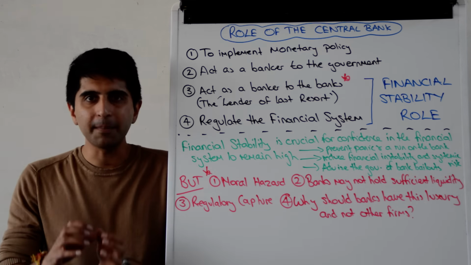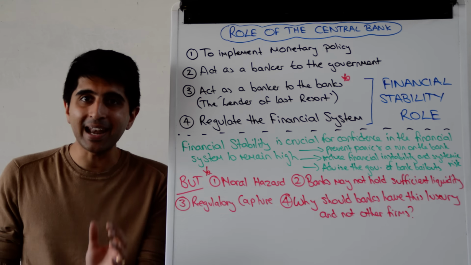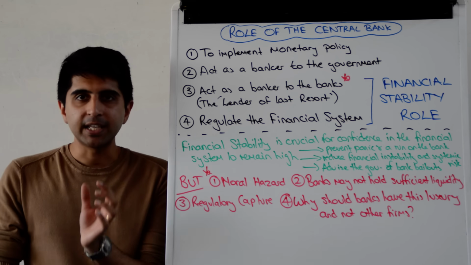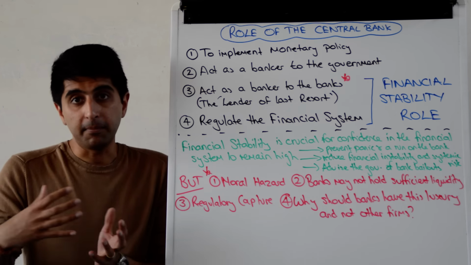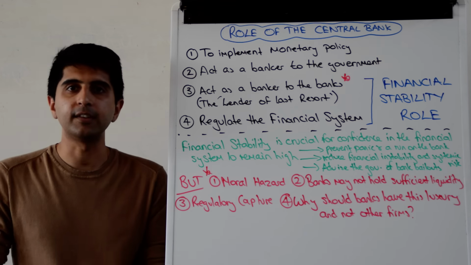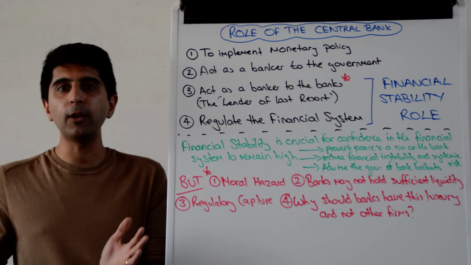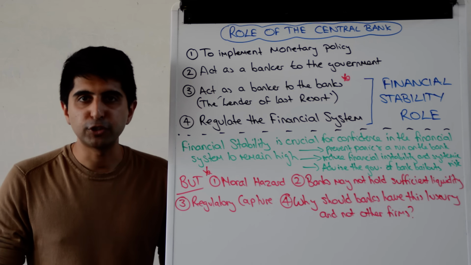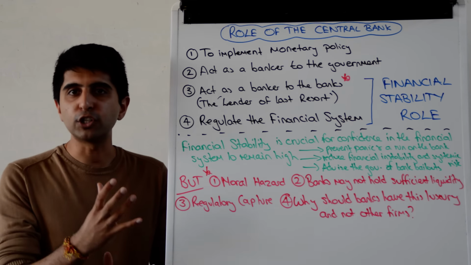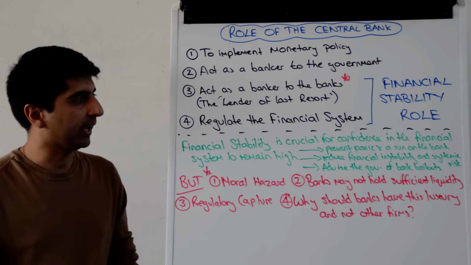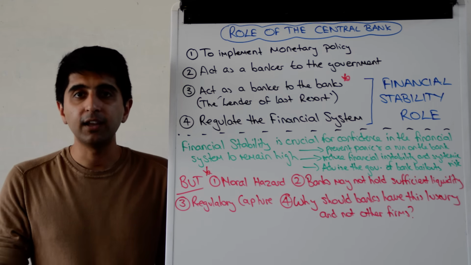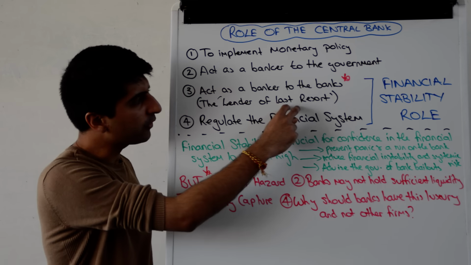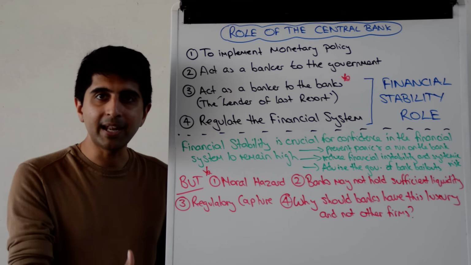First of all, to act as a banker to the banks, to act as a lender of last resort to the banks. This is all about preventing a bank run, to get involved, if need be, when there is a liquidity crisis for a commercial bank. Now we know all about liquidity crisis when the short-term liquid assets that a commercial bank has is not enough to meet the short-term liabilities that a commercial bank has. We know that that can create panic, there is a liquidity crisis, the end result could well be a bank run here. There is a role for the Bank of England to step in and to intervene.